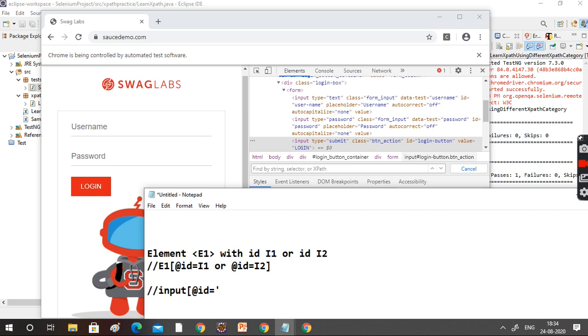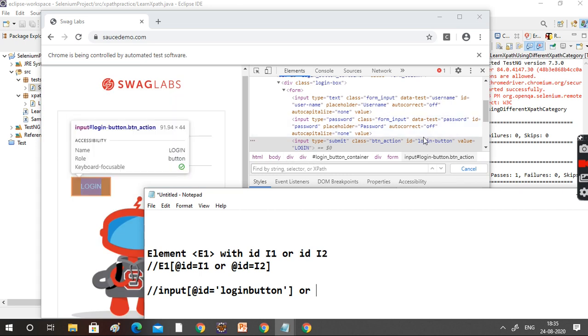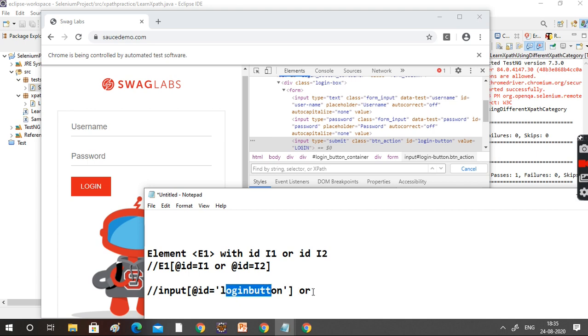Just assume that during the R1 release, the ID attribute name is login button. But later, the developer, due to some technical issue, changed this attribute from login button to login-button. But in R1, your script and everything was developed using login button, and the new scripts you are developing using this one also have to work.